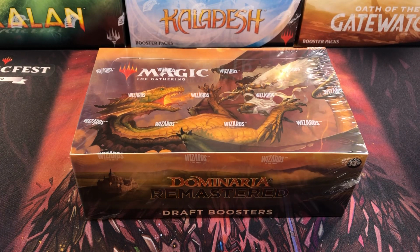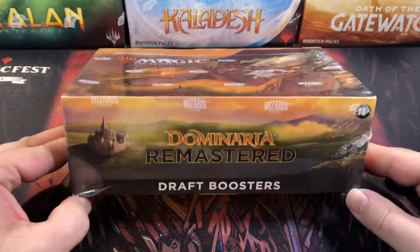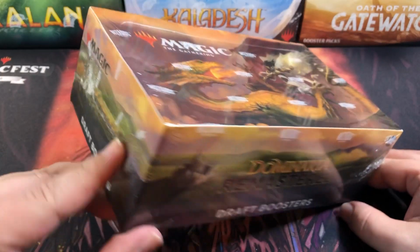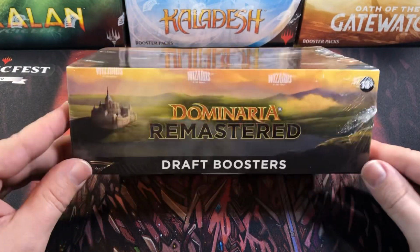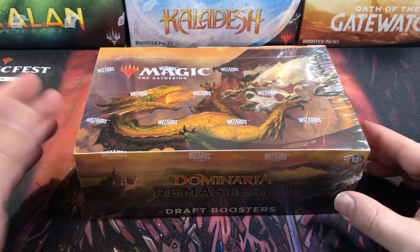We're still opening Dominaria Remastered because why wouldn't we? There's so many good cards in this set. It's just too tempting to open it all. I do have a decent amount of it because I just know this is going to be a home run